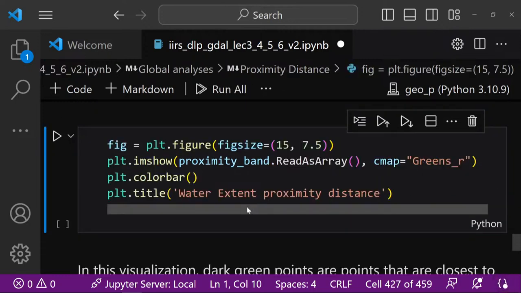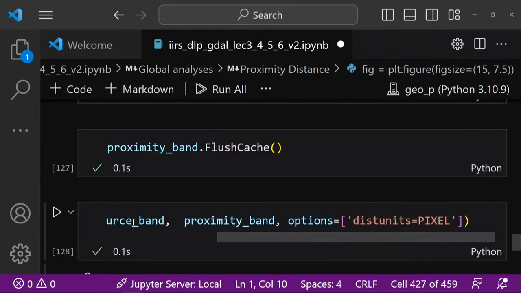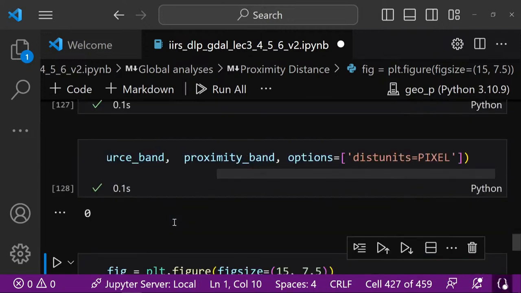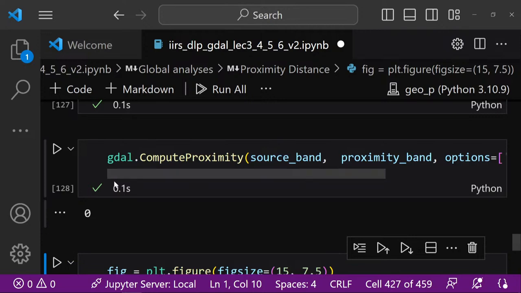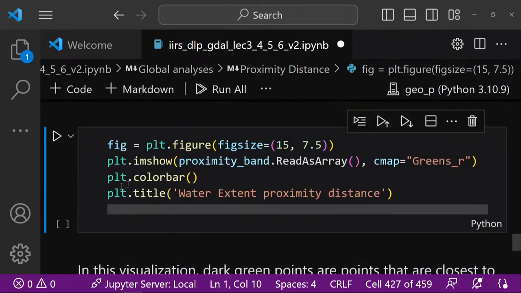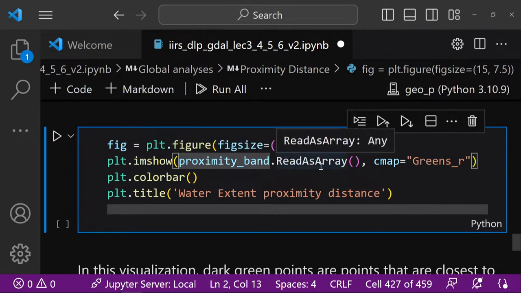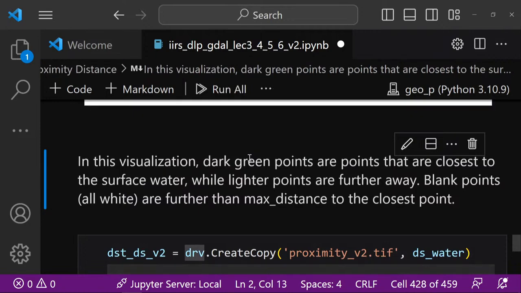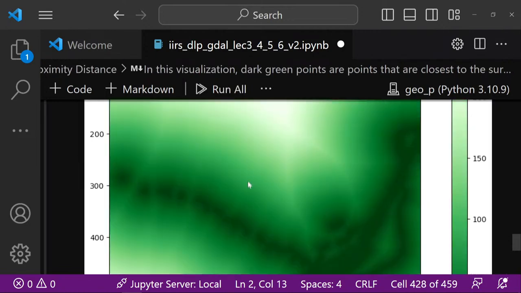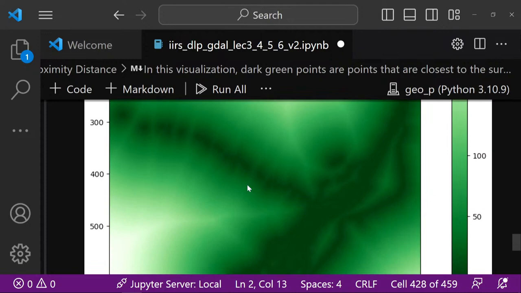So this has generated a proximity map and stored it in the proximity band. Now let us read and visualize this image. So proximity band dot read as array. So this proximity band I am trying to reach, and this way you can see that the areas which are